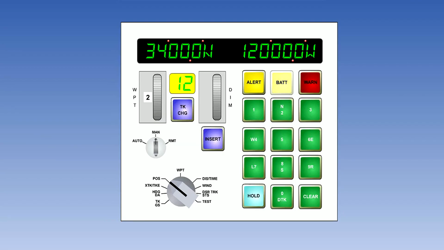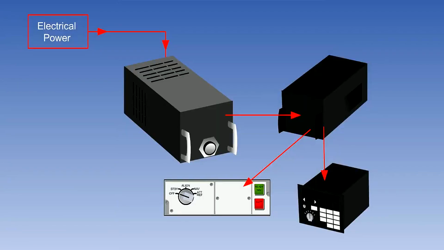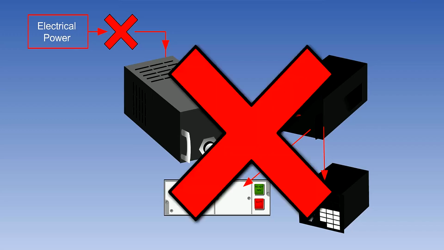We'll now look at the yellow CDU battery light. It is essential that electrical power to the INS is not lost even briefly during flight. If it were, computing would stop and alignment would be lost. As we have already discussed, it is not possible to align in flight. The aircraft must be stationary on the ground.